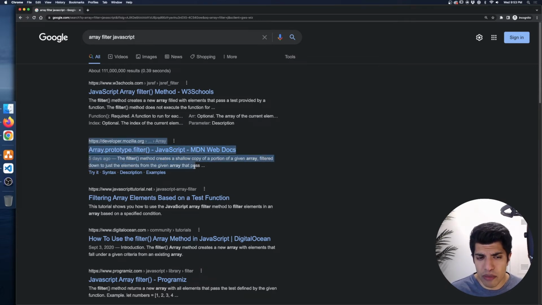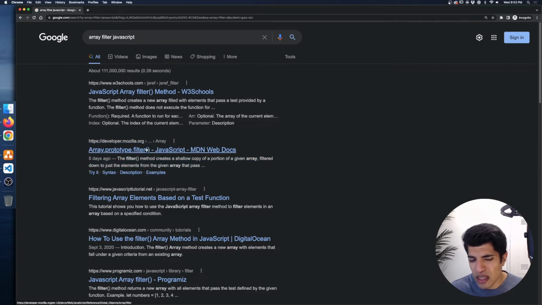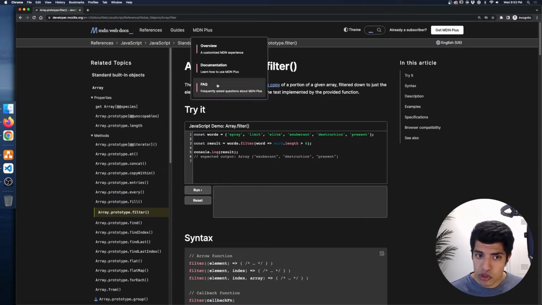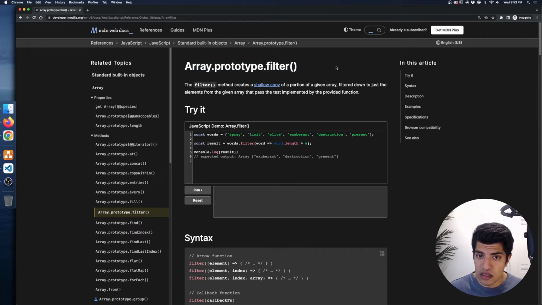So in this case, it's array prototype filter, but we can ignore the prototype for now. We'll get into that in future videos. So if we click on this, we'll end up on a page that looks like this. And very similar to map, we have the name of the function that we're looking at, which is filter. And it's saying that filter is a method that creates a shallow copy, whatever that means, of a portion of a given array filtered down to just the elements from the given array that pass the test implemented by the provided function. All right, that's a lot of words, but let's look at an example that they have down here,